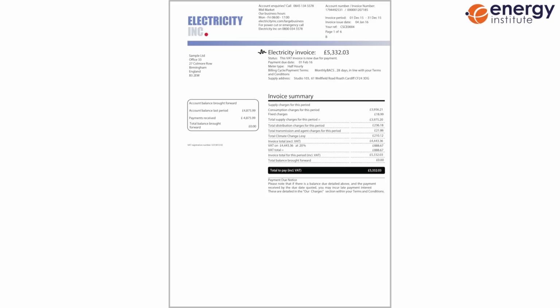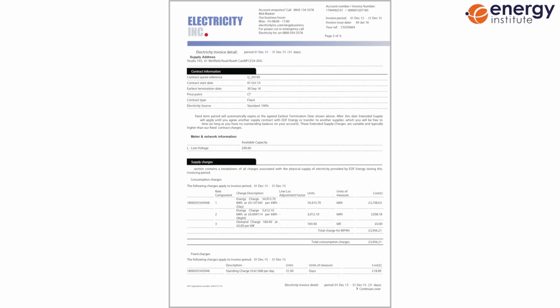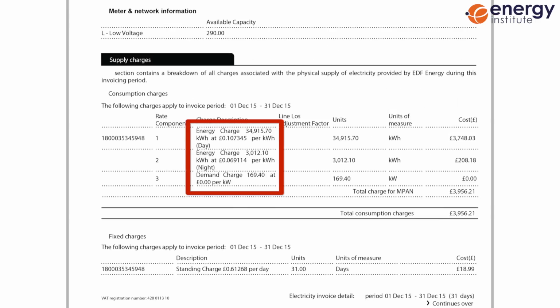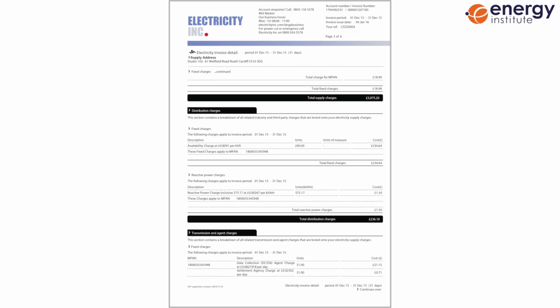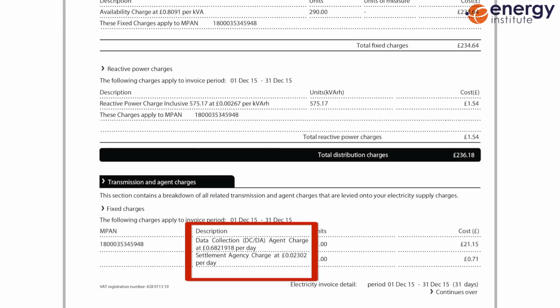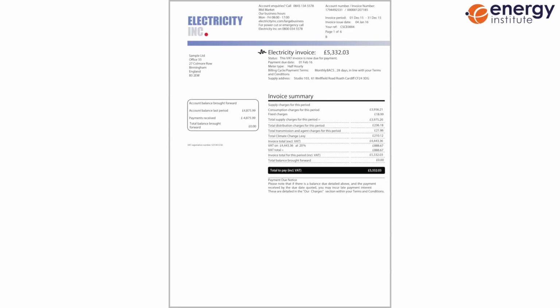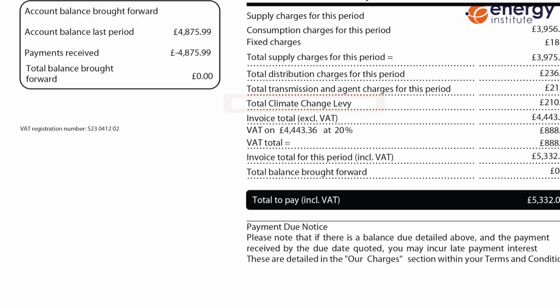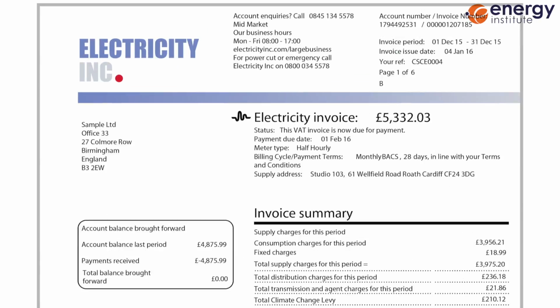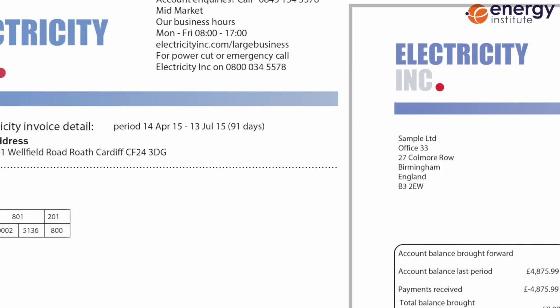Half-hourly bills break things into more detail. Your electricity use will likely be broken down into different rates for peak and off-peak periods, and there may also be an additional peak period during the winter, which will be reflected in your per unit energy costs. A few other elements will also be included, such as a variety of administration fees, as well as government levies. The final pieces of information on your half-hourly bill will be a customer reference number and then also a supply